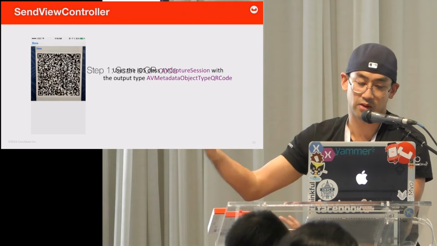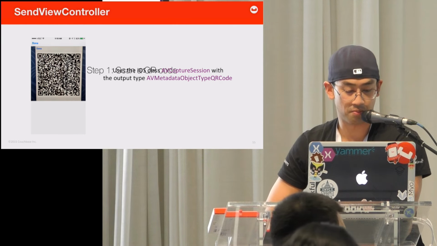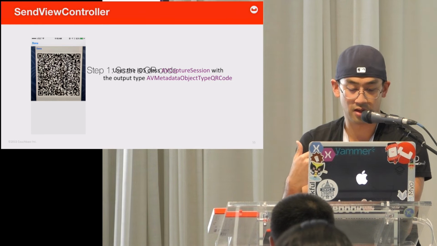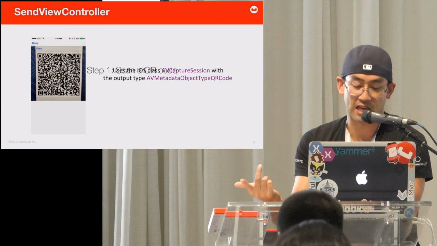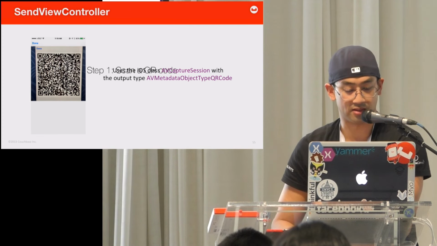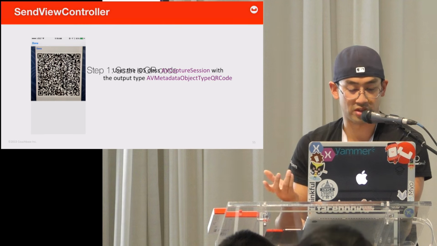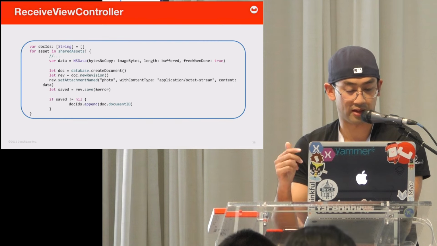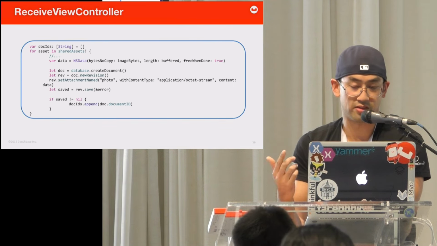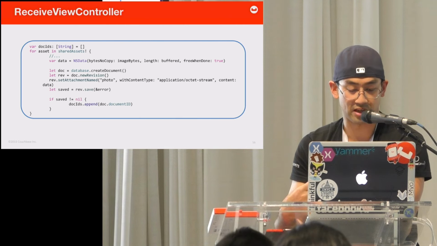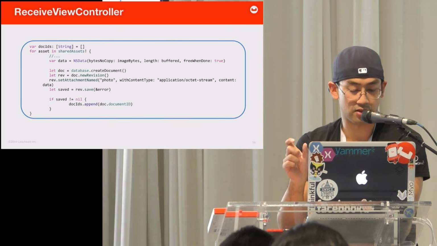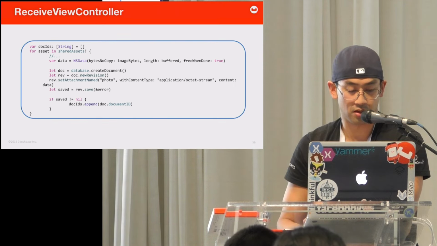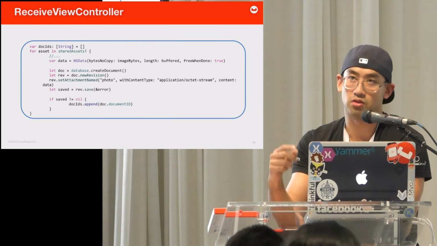One receives, one sends. The sender view controller, ooh, that messes up. But essentially the step is set up the QR code scanner, you scan the QR code. Once you scan the QR code, to do that we basically use the AV capture session that iOS has. Android has the same equivalent. And we use that to scan the QR code. The receiver code's here. So the second step, we basically iterate on the photos that we want to send to the receiver once we get the receiver data. For each photo, we basically create a document, and then we attach the photos to the document that's sent to the database here.